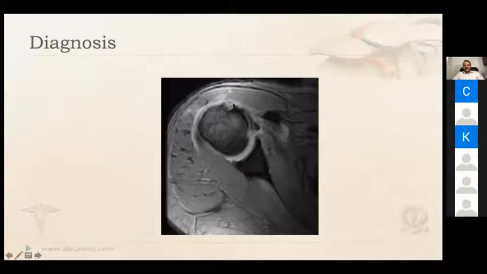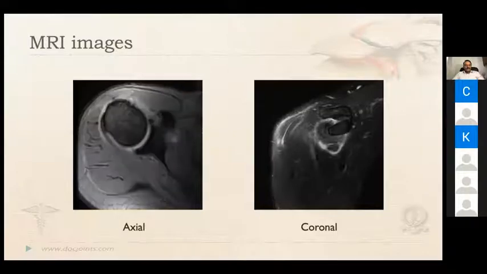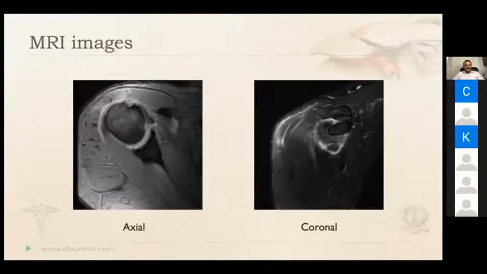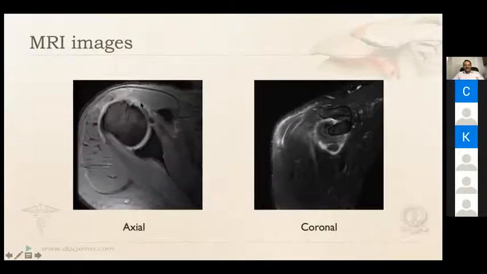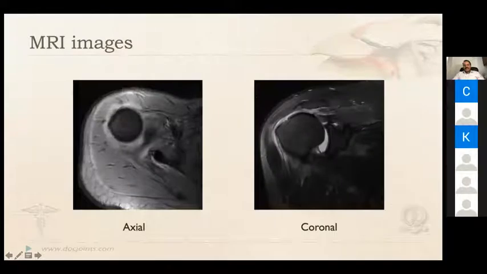But normally the subscap should be attached here. This is the lesser tuberosity. And as the bicipital groove finishes, that is where the subscap should normally attach. And you can see this is the subscapularis, and that is just the inferior fibers of the subscapularis. So I'll browse through the MRI images here. You can see the biceps is displaced much anteriorly. The bicipital groove is vacant, and the coronal image says it is a massive cuff tear.